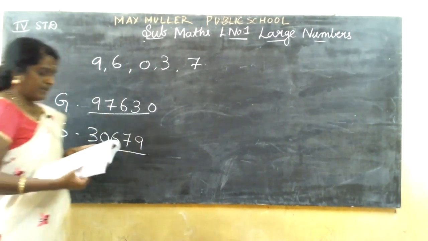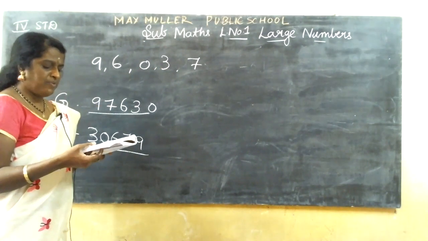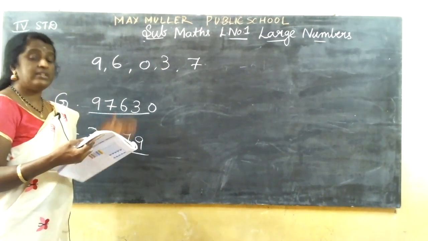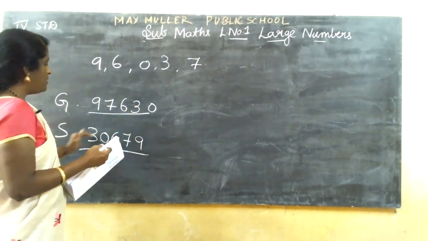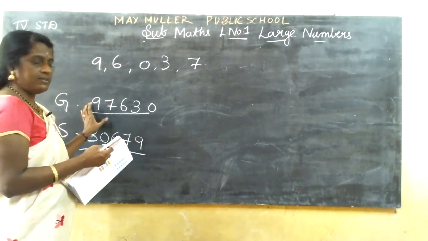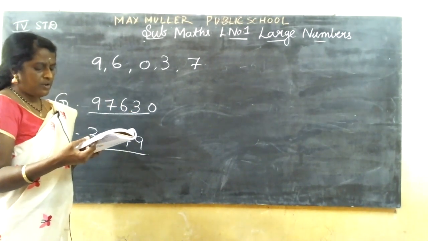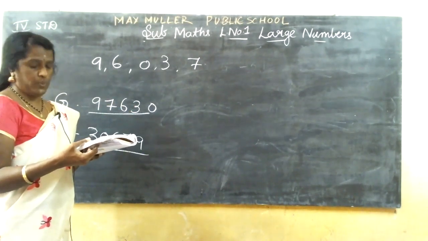If I give these digits and ask you to arrange them into the greatest number and smallest number, you should arrange like this. That is only forming numbers. The greatest number can be formed using the digits in descending order. For the smallest number, write the digits in increasing order. See, increasing, all from small to big. This is decreasing, big to small. Write the digits in increasing order. You cannot start the number with 0.